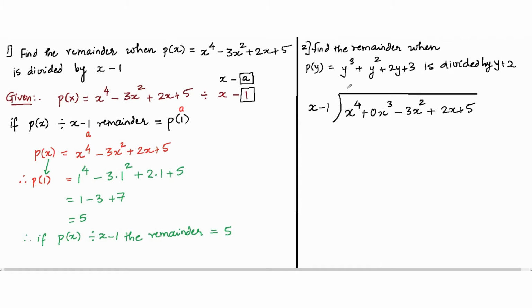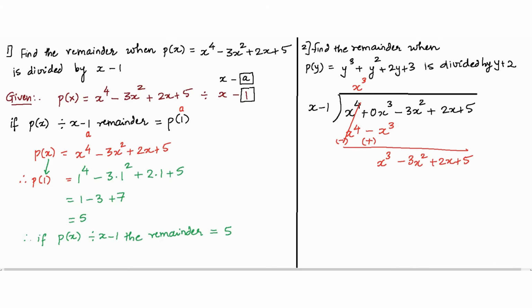So let's start the division. x into x cube. So I have to eliminate x raised to 4 now. So x into x cube gives me x raised to 4, and minus 1 into x cube gives me minus x cube. Then let us again subtract. So I subtract the x raised to 4 term and minus x cube becomes plus x cube. So x raised to 4 minus x raised to 4 cancels. 0x cube plus x cube becomes x cube minus 3x square plus 2x plus 5.